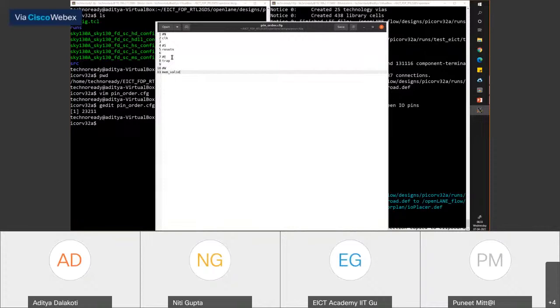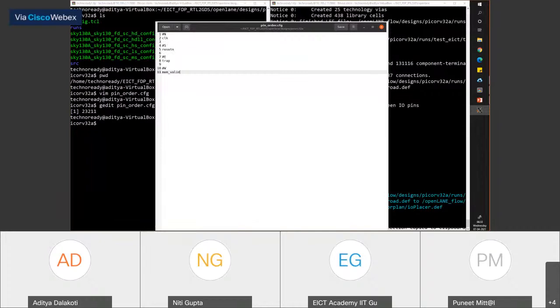I'll wait for everyone to catch up. What I did was I created a pin order config, pin underscore order dot cfg. In that, I put some pin orientations.